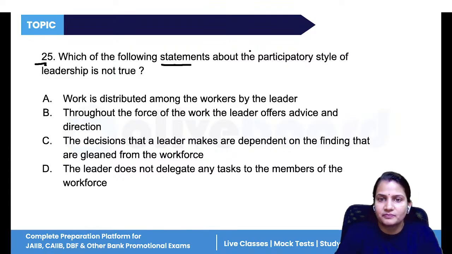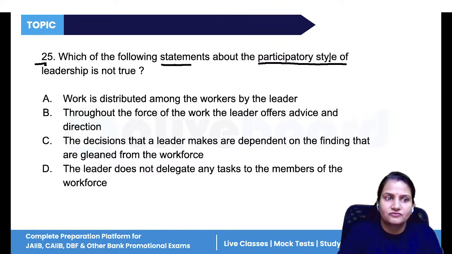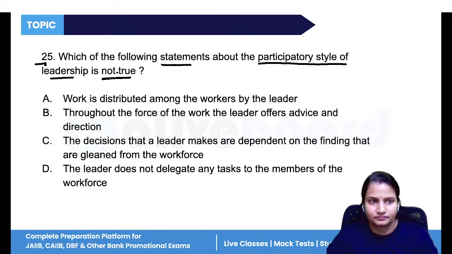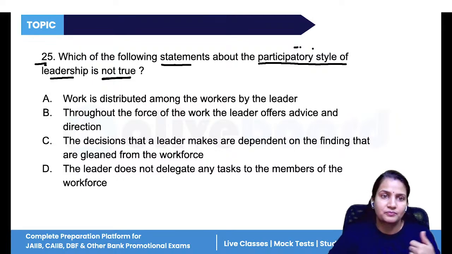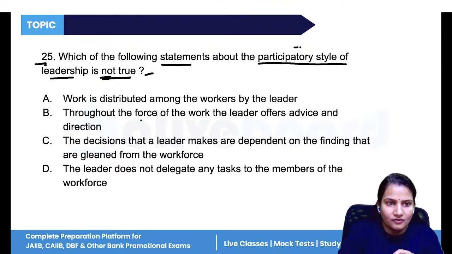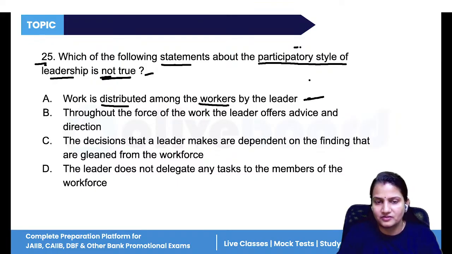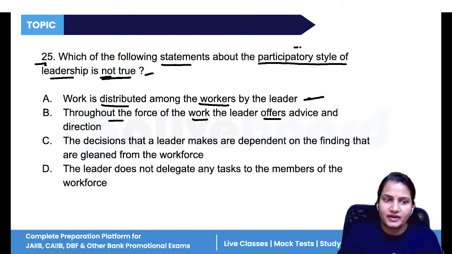Which of the following statements about the participatory style of leadership is not true? In participatory style of leadership, what happens? Leaders take inputs from their employees. Employees are allowed to participate. Now, it is asking which one of the following is not true. Work is distributed among the workers by leaders. Yes, it's a part of participatory style of leadership. Throughout the course of the work, the leader offers advice and direction. Yes,